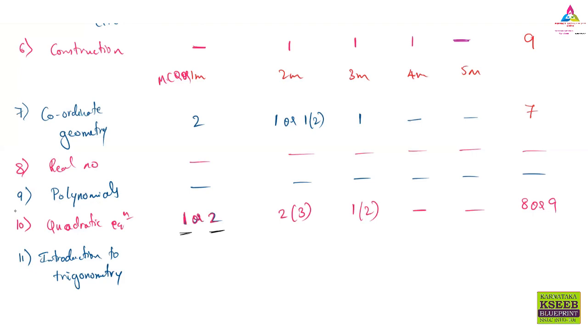chapter and it is building a very good base for you, because when you go to first PU and second PU, this is the basic you have. So in Introduction to Trigonometry, there will be 3 one-mark questions, multiple choice or one-mark questions, and there will be 1 two-mark question, and also 3 marks, out of 2 questions you have to